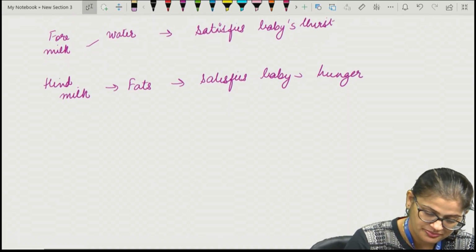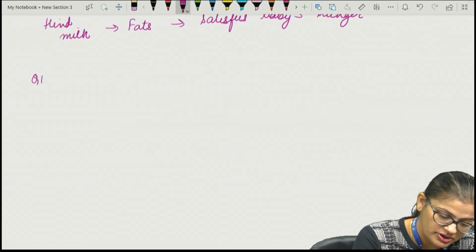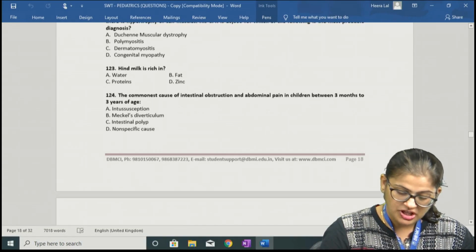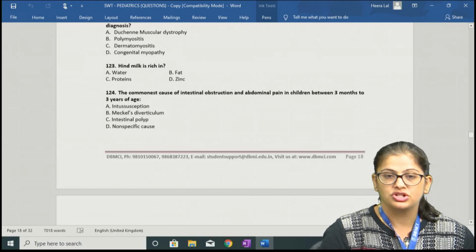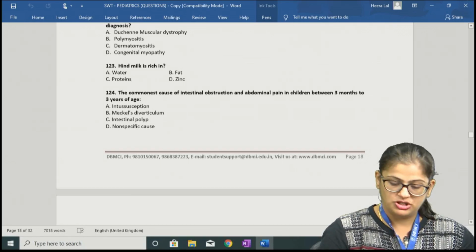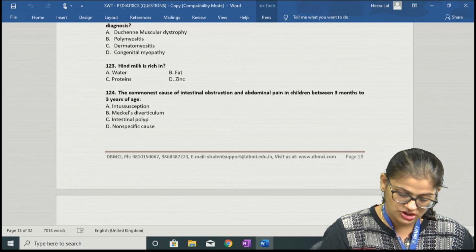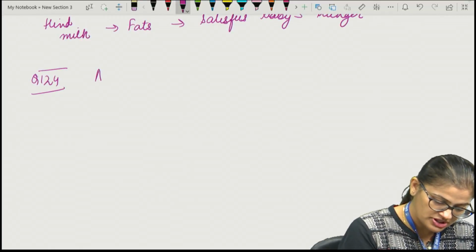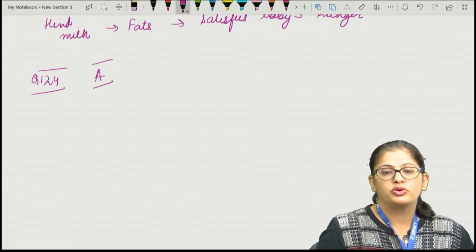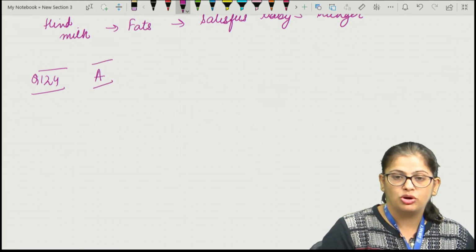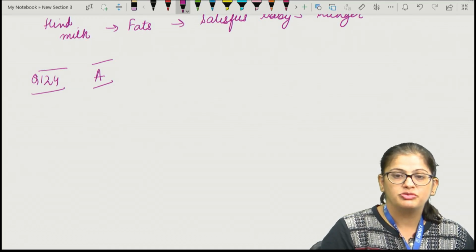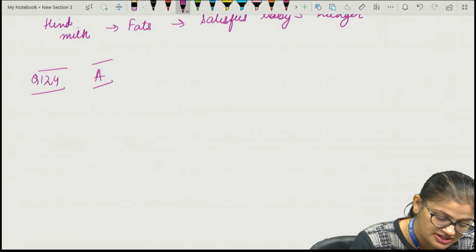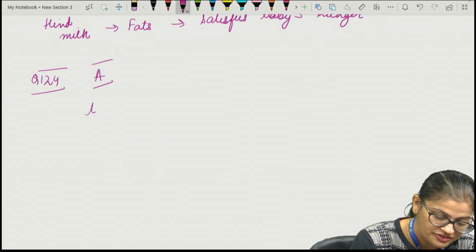milk. So next we come on to question number 124. The commonest cause of intestinal obstruction and abdominal pain in children between 3 months to 3 years of age is, and the correct answer is intussusception, option number A. So intussusception is one of the most common causes of abdominal pain that occurs in children between 3 months to 3 years of age, and it basically results from telescoping of